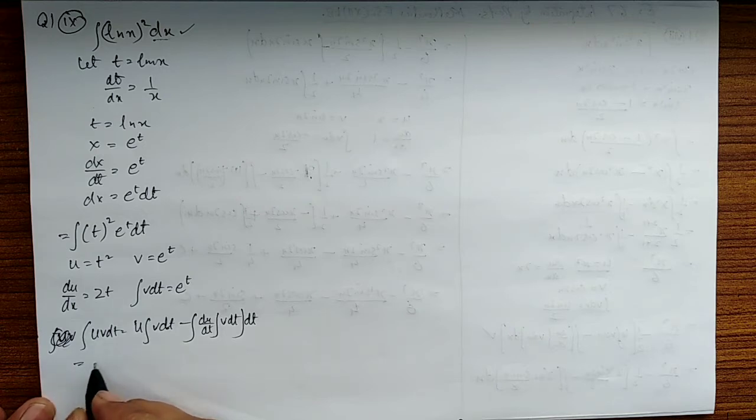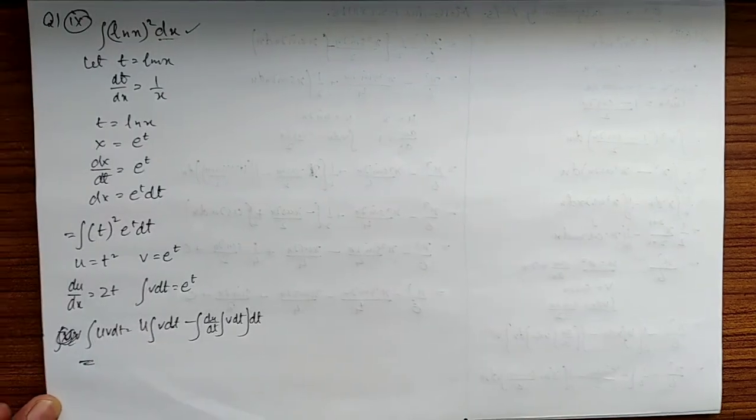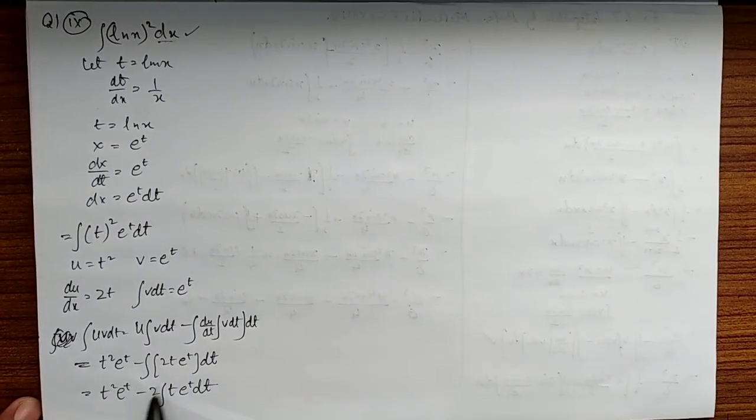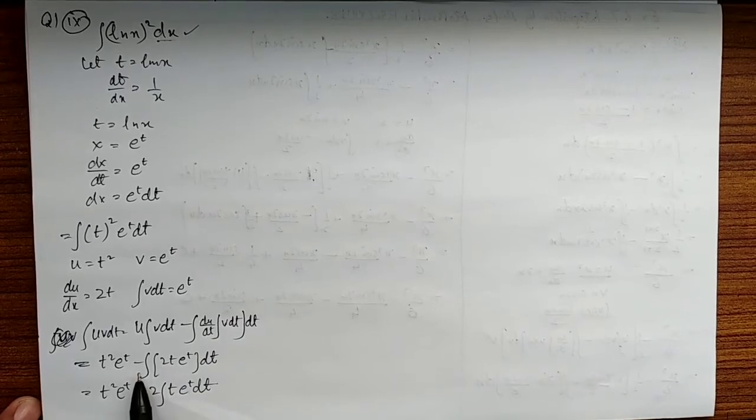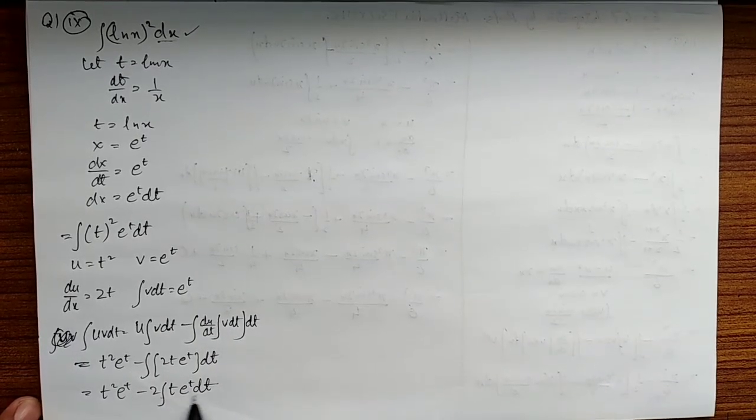By putting all the values we will get this part, and we have taken this 2 outside here, and now again by using this formula for this part, by taking this part as u and this part as v,